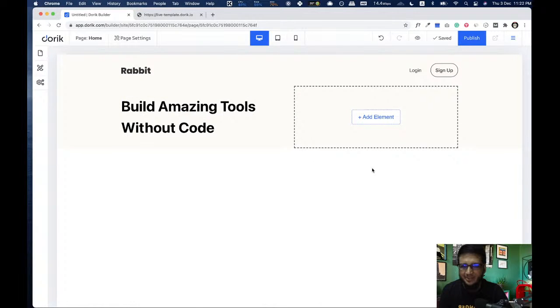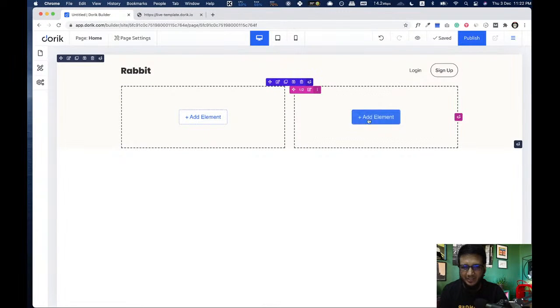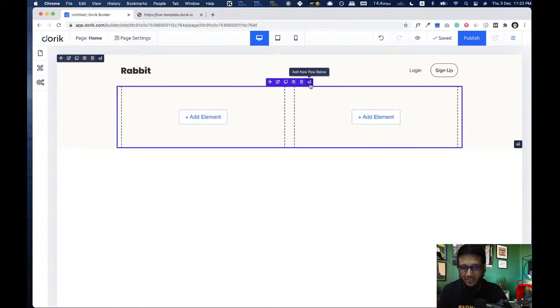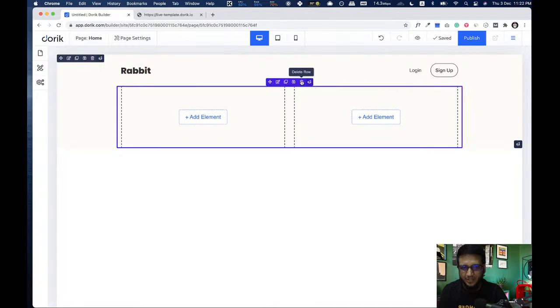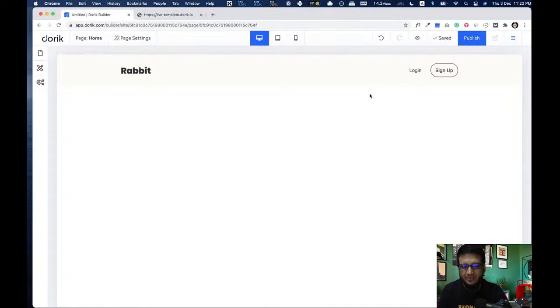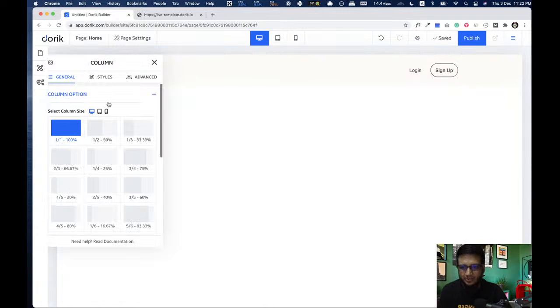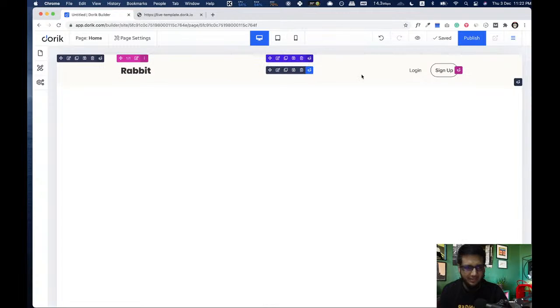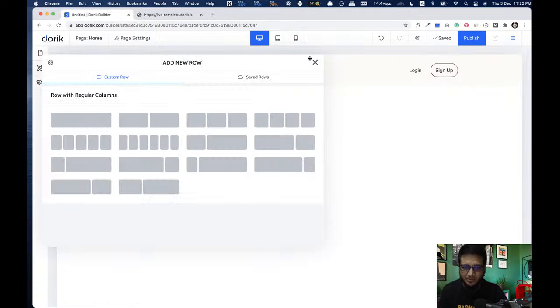So here we have added, I'll just go back a little bit so I can go slowly. So first we added a row section with a row. Inside that row we took a column, and inside that 100% width column we added a navigation. So now navigation, we styled the navigation and navigation is done, so we can add another row.